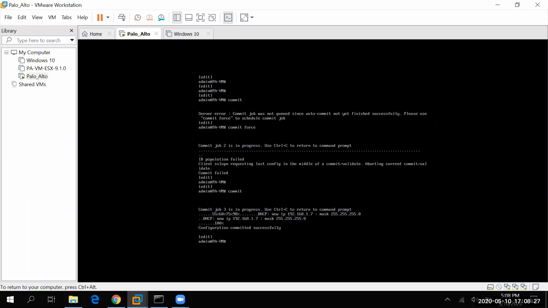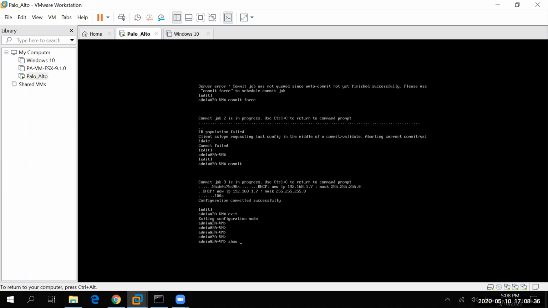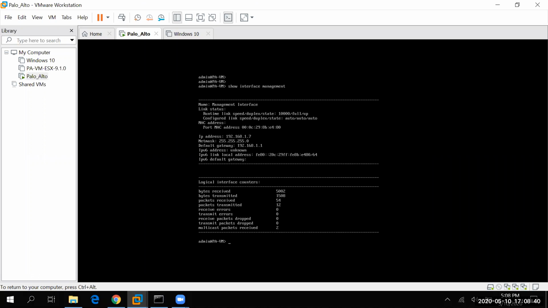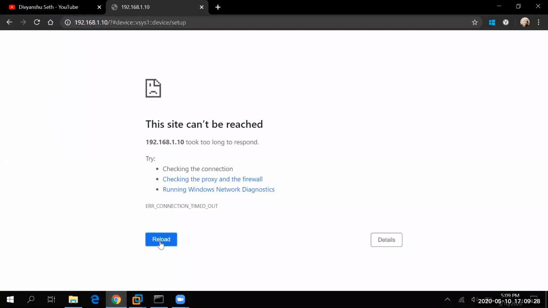Okay, show interface. Let me just come out from here and type show interface management. Oh, just a second. Okay, so now the commit is successful. Let me just refresh this page and see if I'm getting the IP there or not.